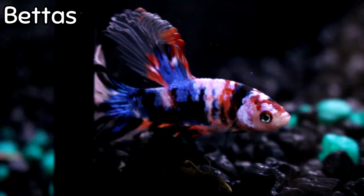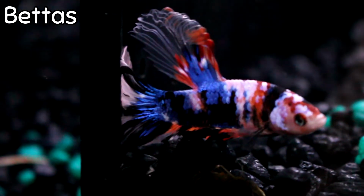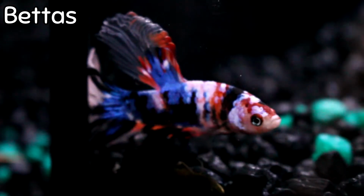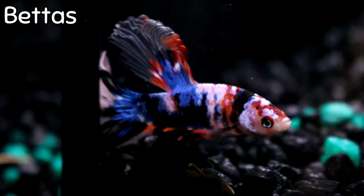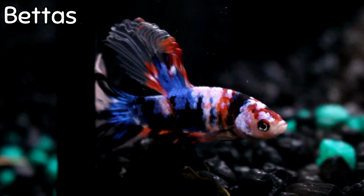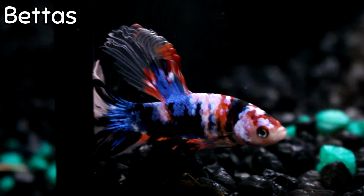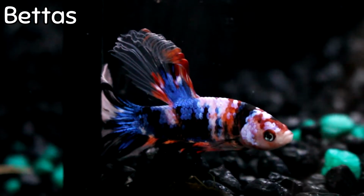Okay, so bettas. I'm going to be showing bettas probably every single week, because every single week Kevin has been getting in some incredible bettas, and they are all the rage right now. So if you've got a small tank, or you want a small environment, this koi half moon betta that came in is just incredible with the